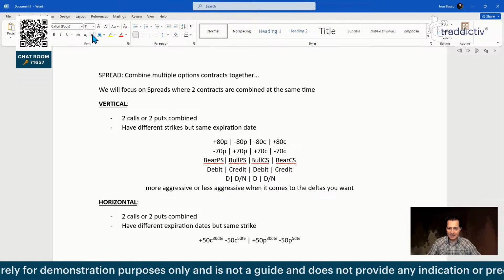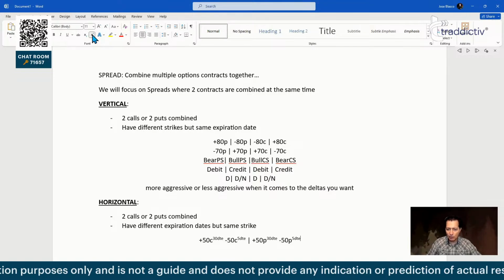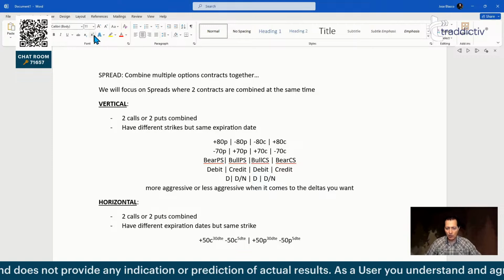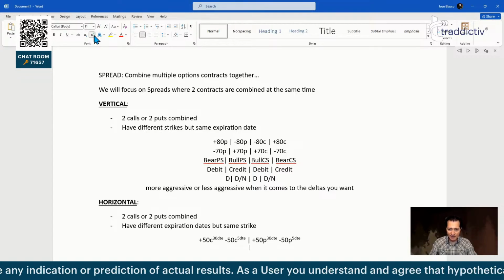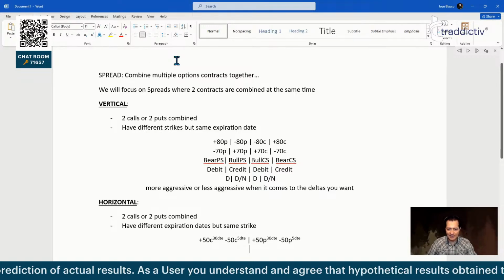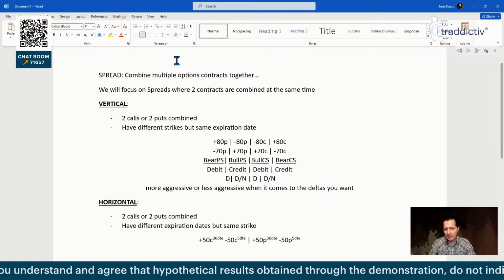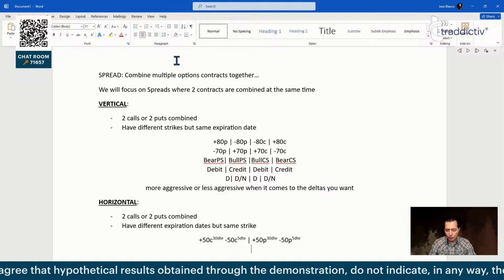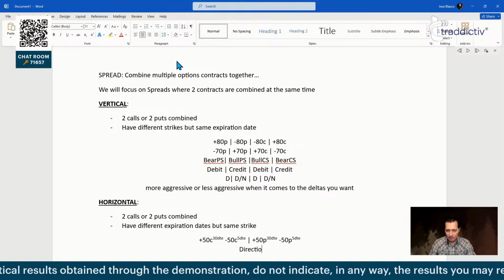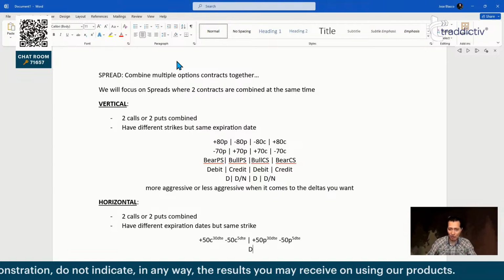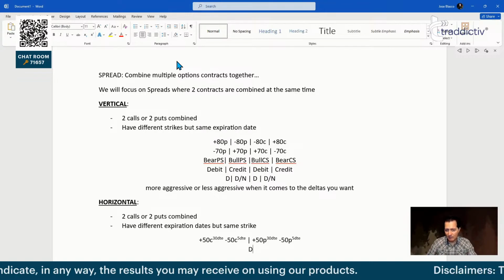So that's that. And now, what would that do for you, right? So what's the benefit of doing that kind of thing? Well, the benefit of doing that kind of thing is that depending on the strike location, depending on the selection of the strike, this trade could be directional, but it's never going to be aggressively directional because you buy a strike and you sell the same strike, so the deltas are going to be offsetting each other.